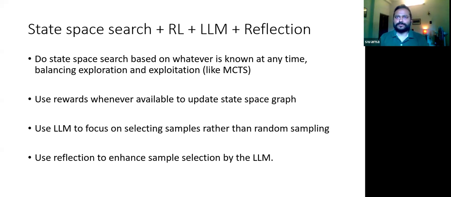Like, the whole state space is initially not known. So we are going to explore the state space, and whatever is known at a particular point of time, we are going to store it in a memory as a state space graph. And in future episodes, probably we'll exploit the state space graph to find out the initial set of actions. And whatever is not known, probably we'll use the LLM to guide our search.